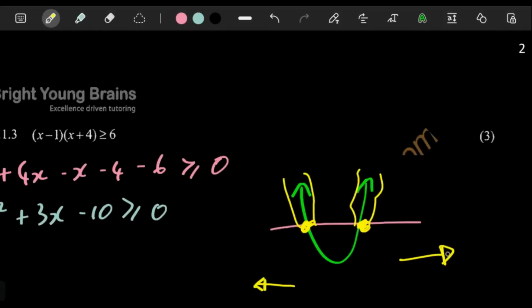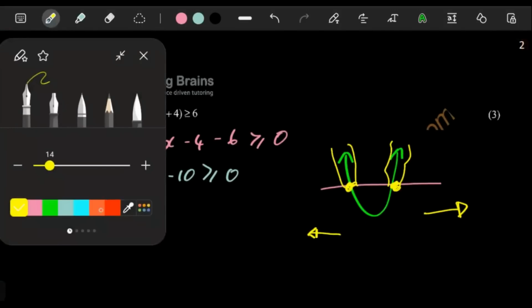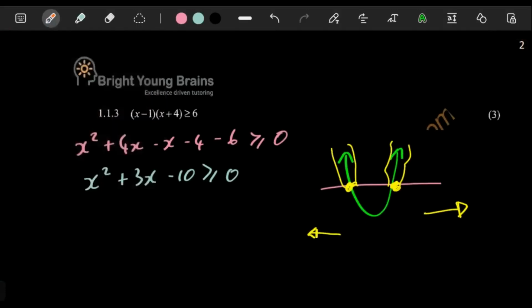So keeping that in mind, you need to keep in mind that moving forward, 10, you need to work out what this is, and you need to work out what this is. So factors of 10 that give you a 3, it's just 5 and 2. So there's like 5 here and 2. There's like x here and x here. To get a plus 3, you have to say plus 5 minus 2. And then this is bigger or equal to,